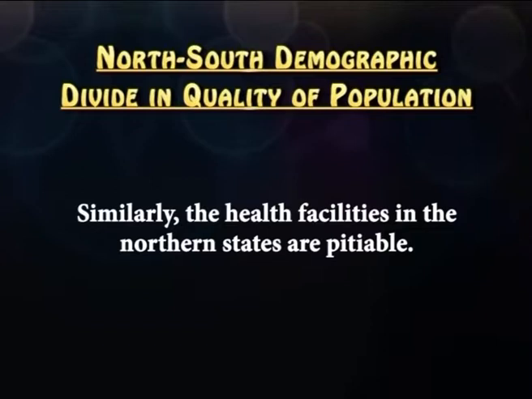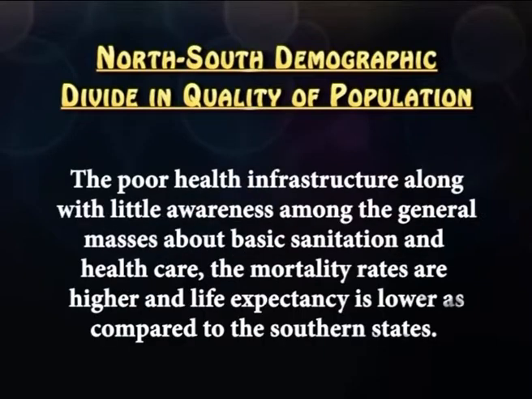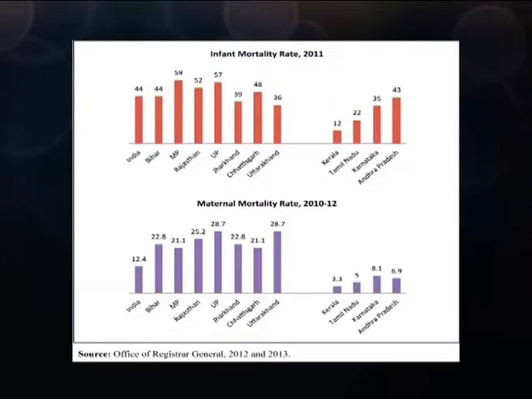Similarly, the health facilities in the northern states are pitiable. The poor health infrastructure, along with little awareness among the general masses about basic sanitation and health care, means mortality rates are higher and life expectancy is lower as compared to the southern states. The differences in infant mortality and maternal mortality rates in the north and the south can be observed from this